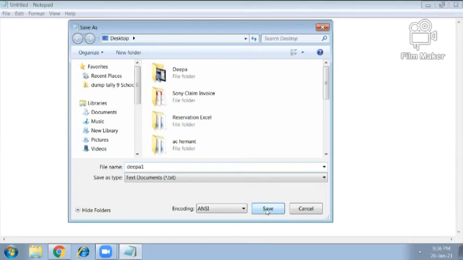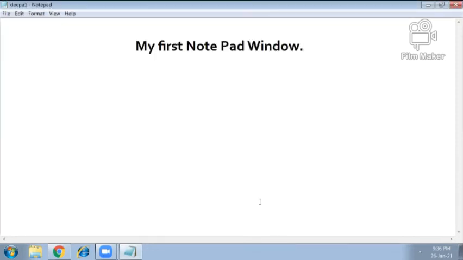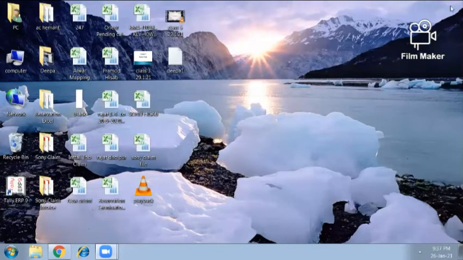Now I am going to click on Save button. Now you can see that my file is saved with a particular name, that is Deepa1. Now I am going to close my file. If I close the file, I will exit from the Notepad window and I will be on desktop like this.